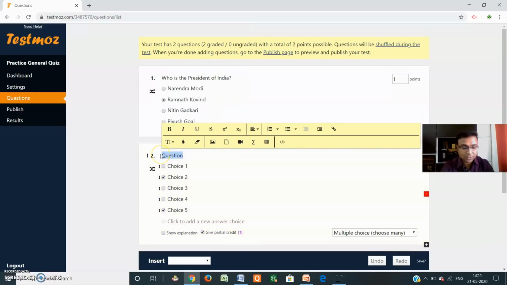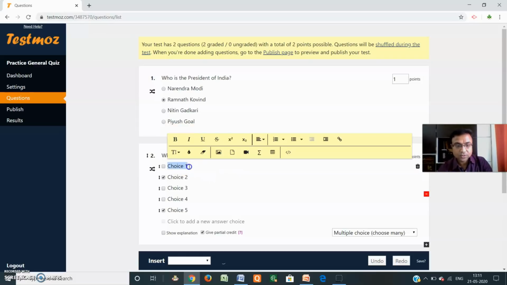So suppose I am writing here a multiple answer question. Which of the following states are in India?